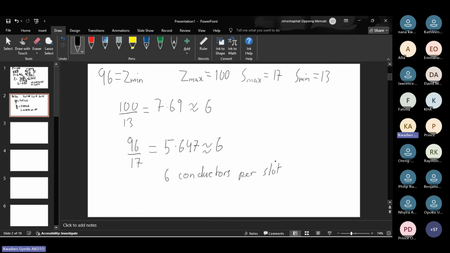Are we okay with this? Okay, that's fine. And then the question also says the number of coils per slot U should be greater than 1. Okay, so we know we have 6 conductors per slot, so we can just